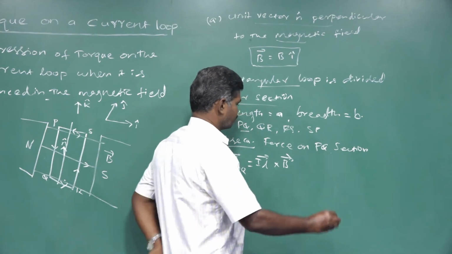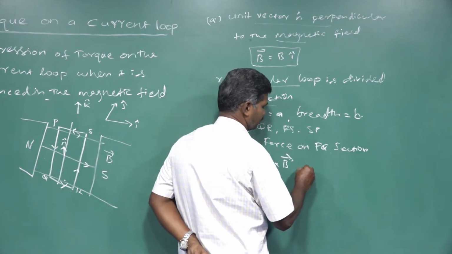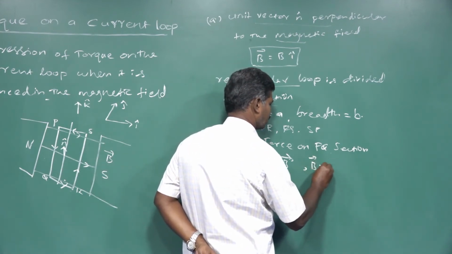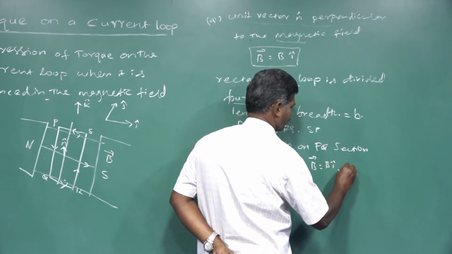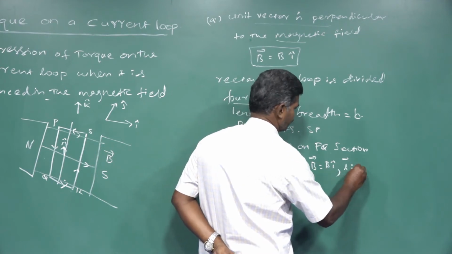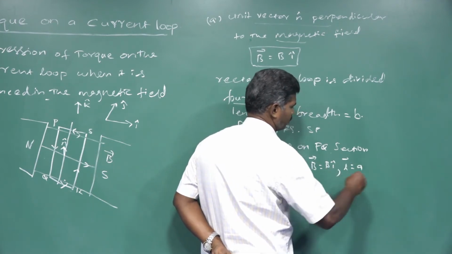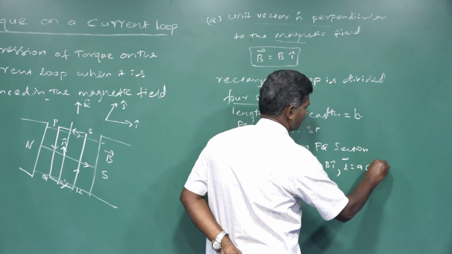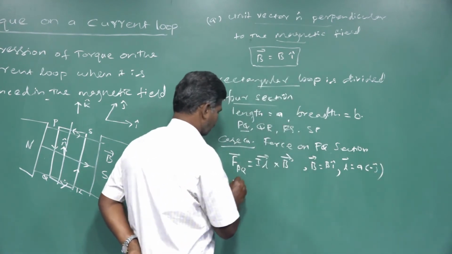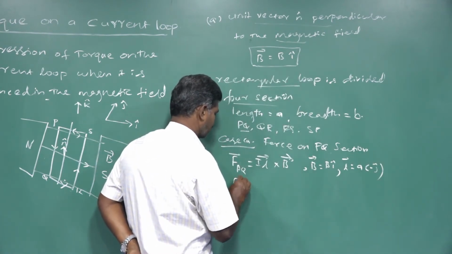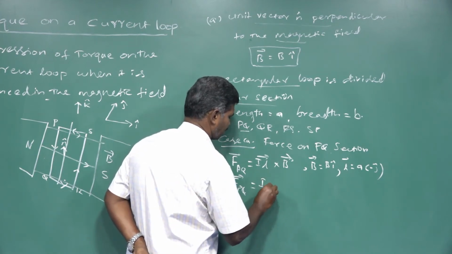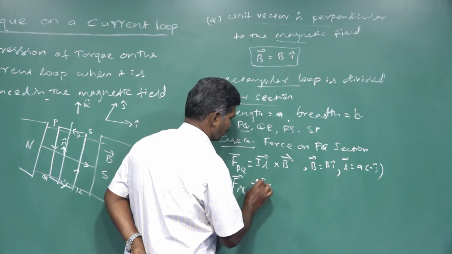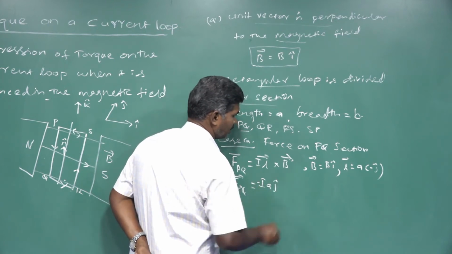So B vector is B i cap and L vector is a into minus j cap. Substituting, F PQ vector equals minus I a j cap